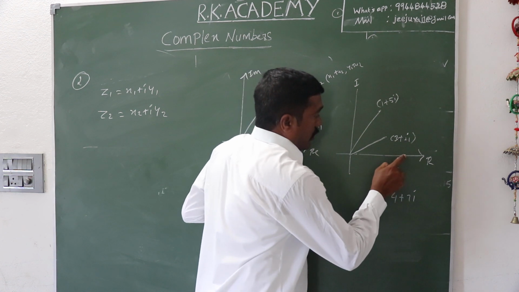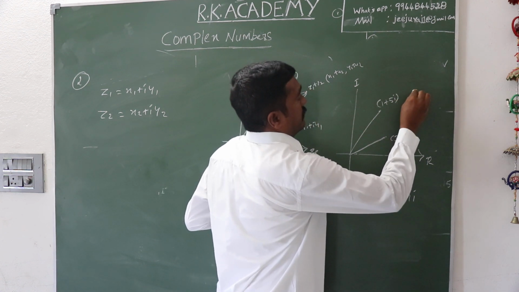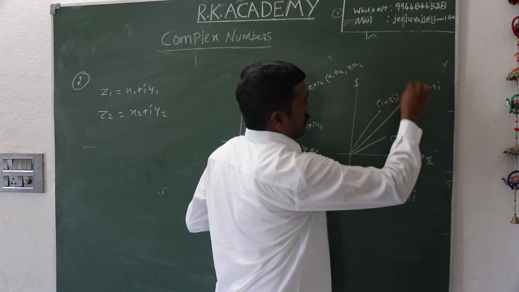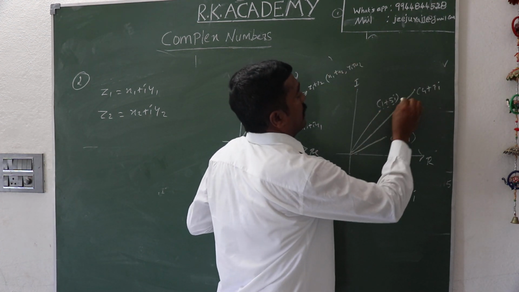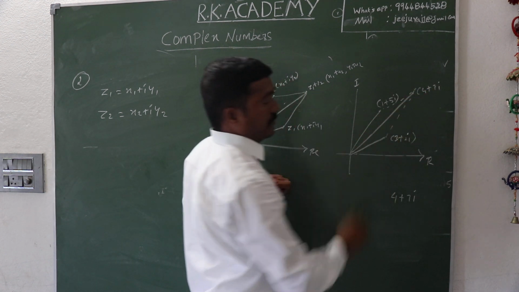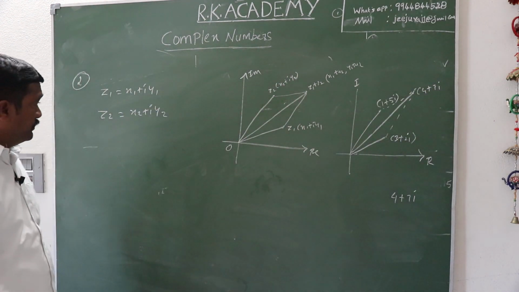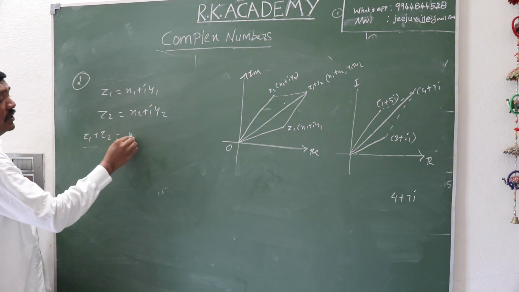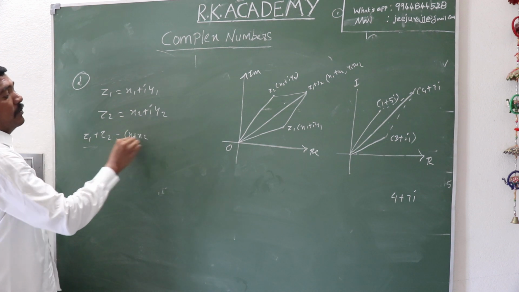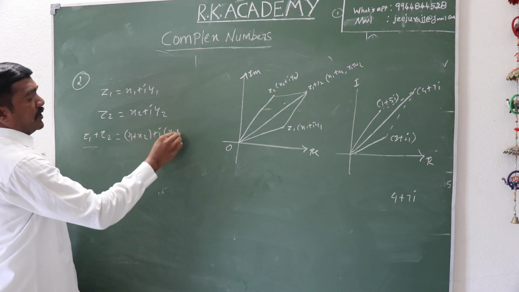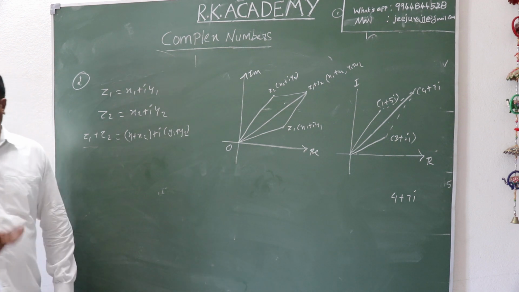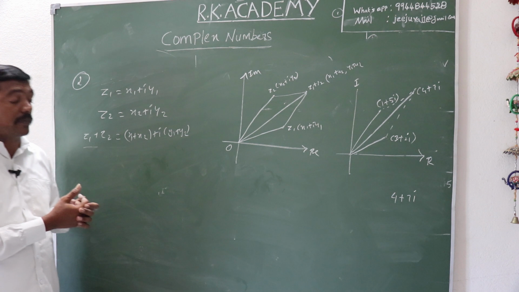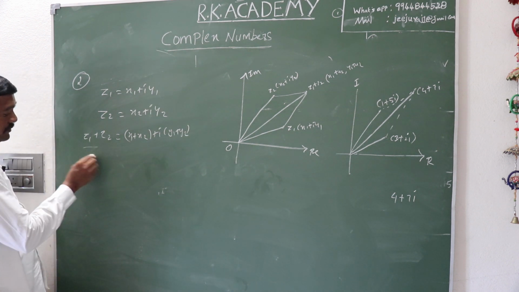Plot that, 4 plus 7i, somewhere here. It's the parallelogram law of addition. The same manner, so sum of two complex numbers, that is z1 plus z2 is equal to x1 plus x2 plus i into y1 plus y2. So what about that rule? Adding two complex numbers, we are adding the real part separately and imaginary part separately. Okay. Now the third one,